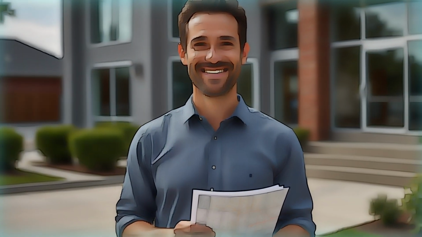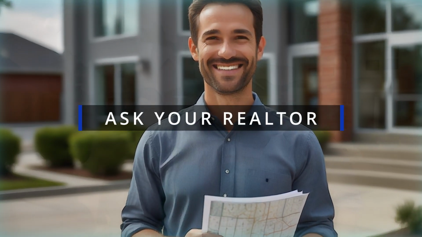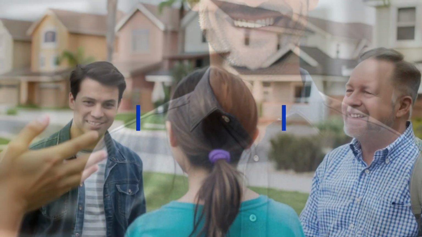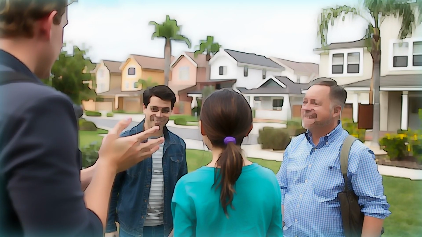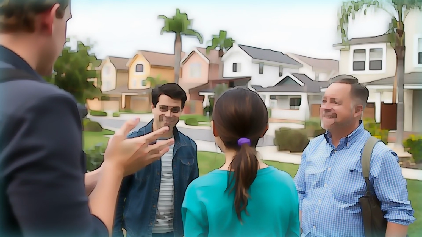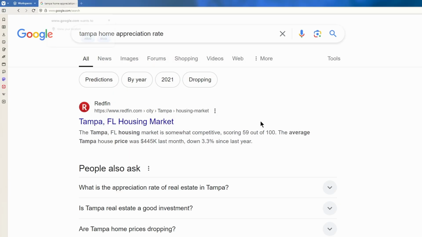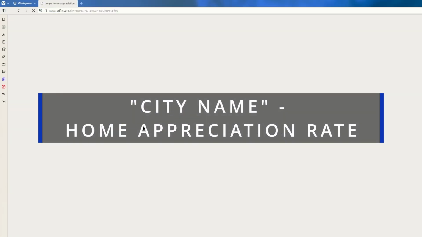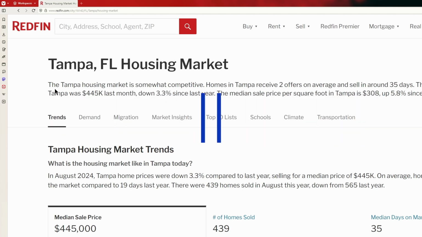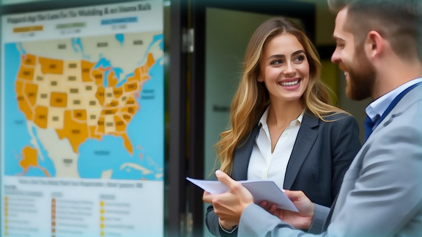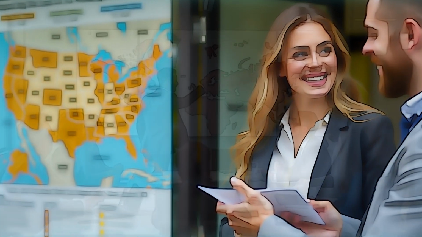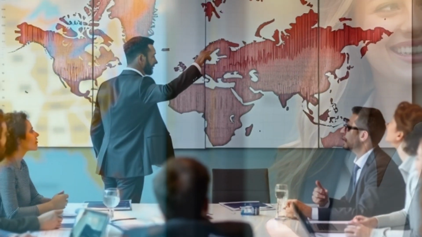Ask a local agent for data on how much properties in the area have appreciated over the past few years. Agents can provide insights into specific neighborhoods and property types that have seen significant appreciation. Google search: a simple search like "city name home appreciation rate" can provide quick insights and direct you to relevant articles or reports. Markets with strong historical appreciation rates offer greater potential for long-term profit, making them more attractive for